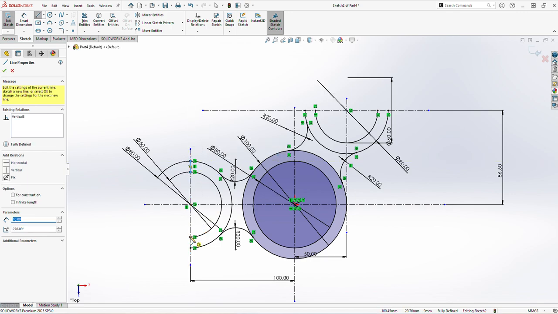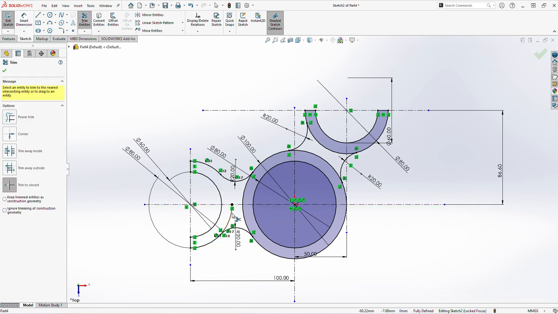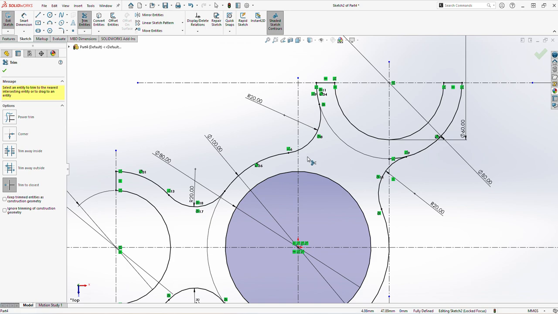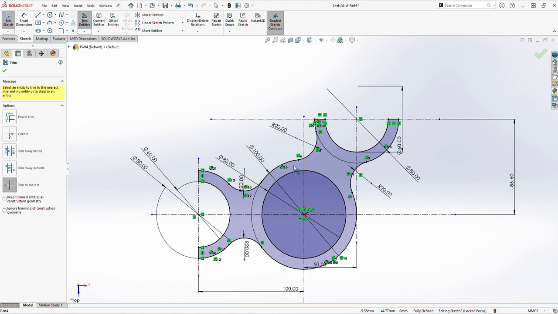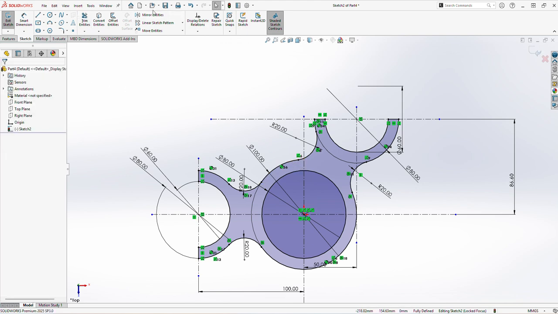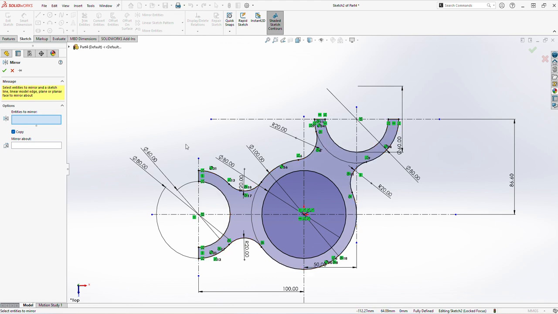Make this complete profile. Trim entities and trim this also. Select OK. Go to mirror entities and select